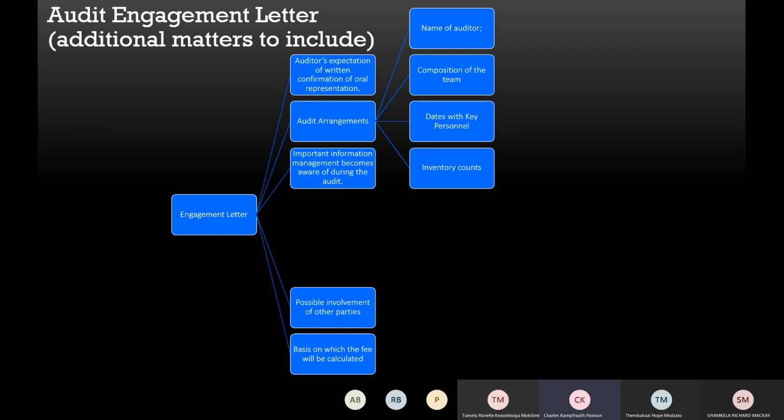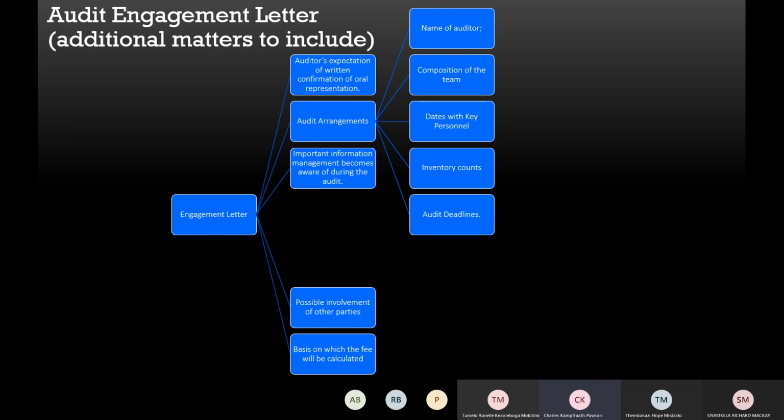This isn't just an example. For instance, inventory counts. Most trial balances, and that is what we as auditors basically audit, is a trial balance, because the trial balance is the list of all the accounts that finally makes it to the financial statements. So we audit the trial balance. On that trial balance, if it's a manufacturing company, there will always be inventory, meaning we'll have to conduct inventory counts. And inventory counts can be very time consuming because of their geographical location and how they need to be counted. Do we need experts that have to go and evaluate these sites?